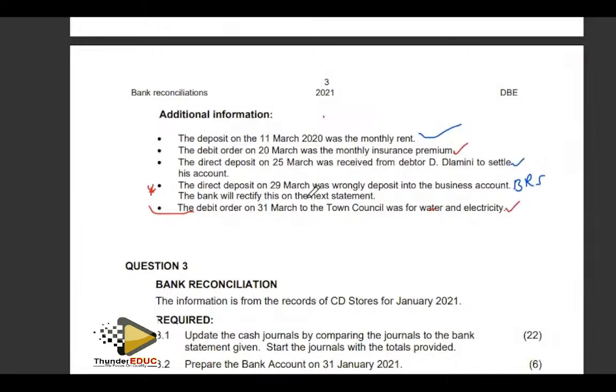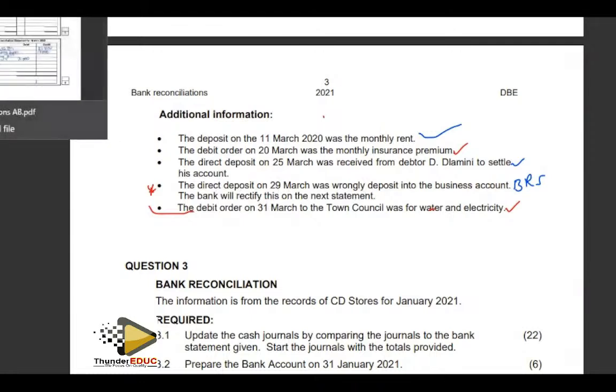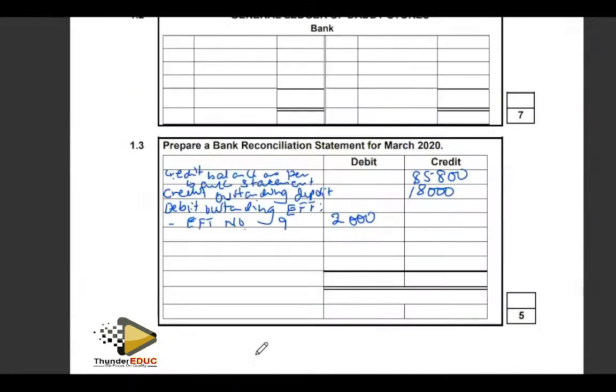so they are saying the direct deposit on 29 March was wrongly deposited into the business account. The bank will rectify this on the next statement. So it's not our money, right? This money was going to someone else, and then it was deposited to our account. So we have to remove it. Remember, the aim here is to get what actually belongs to us, right? So you're going to say,